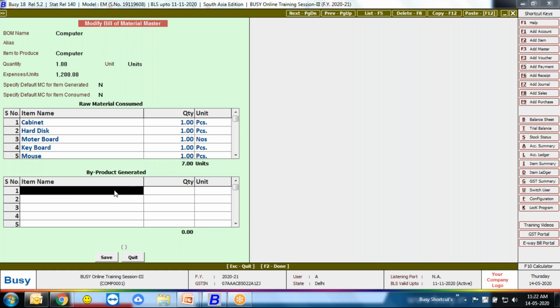Otherwise, just skip it. So how to set a bill of material? First, you need to define the bill of material name. Second, you need to select the finished product which is generated by this bill of material, and the quantity, how much quantity you want to generate using the bill of material. I said minimum quantity is 1, and expenses per unit, expenses to generate one computer, I said 1200.